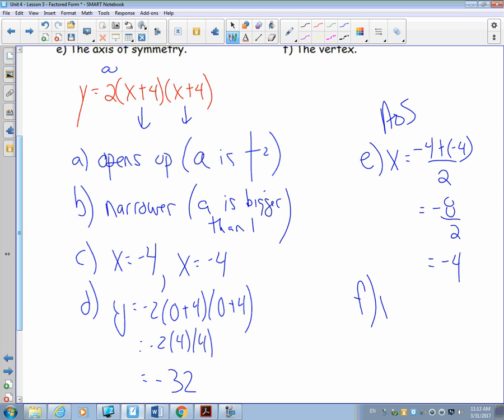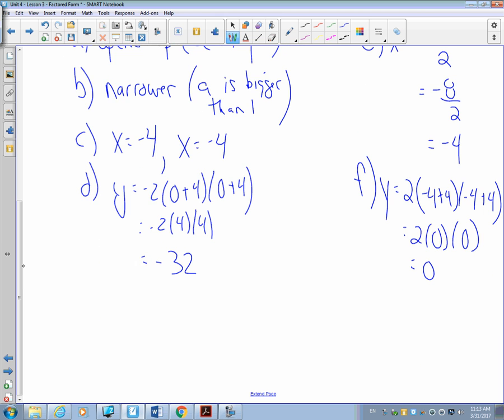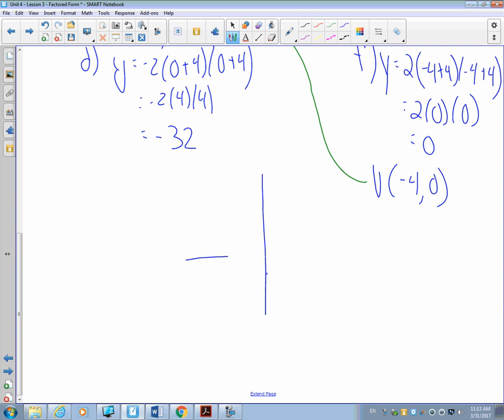All right, last part, our vertex. We know we should be able to plug our axis of symmetry in for the x's. We're going to get 2 times 0 times 0, which is 0. So my vertex is -4 and 0, which looks suspiciously like my zeros. In fact, if I were to draw this, and I said I have zeros of -4 and 0, somewhere over here, and I have another zero of -4 and 0, and I have a vertex of -4 and 0,